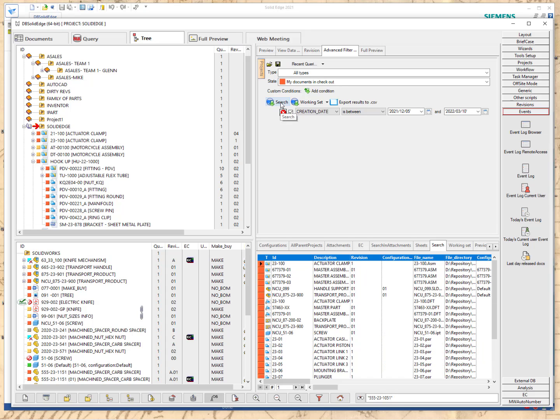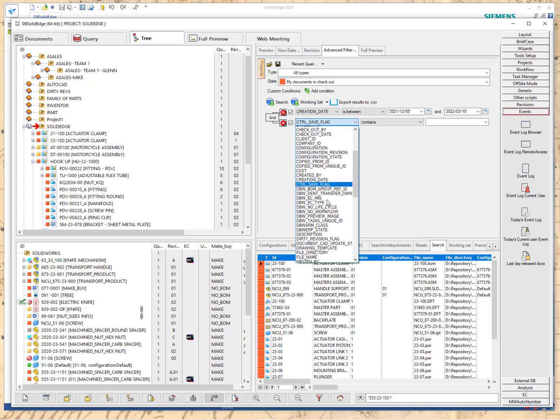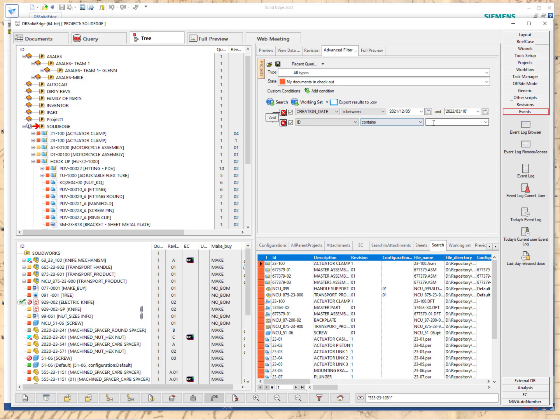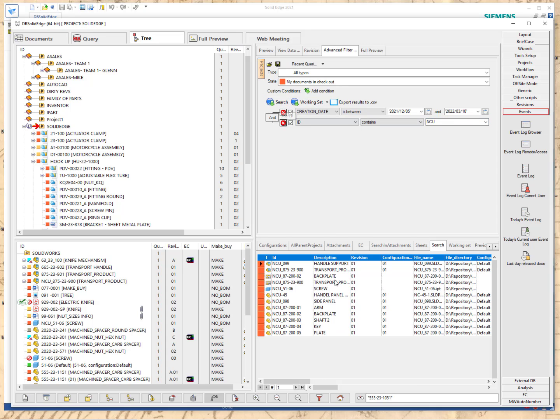Perhaps the next search they do will add another condition, and here you have and or, and we're going to leave it at and right now, and we're going to say the ID contains, and then we'll do the search. And then that narrowed it down to some more documents. And what the user could do at this stage, actually select one of these documents,